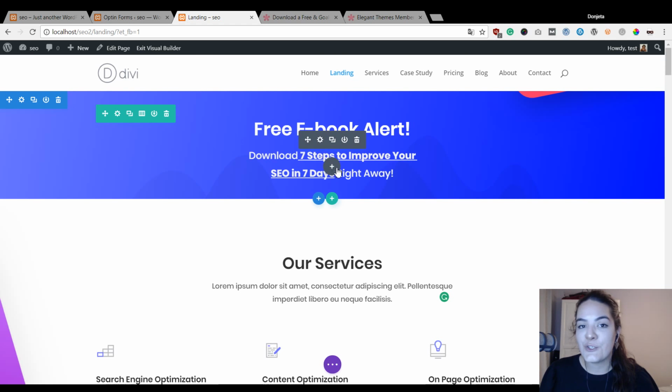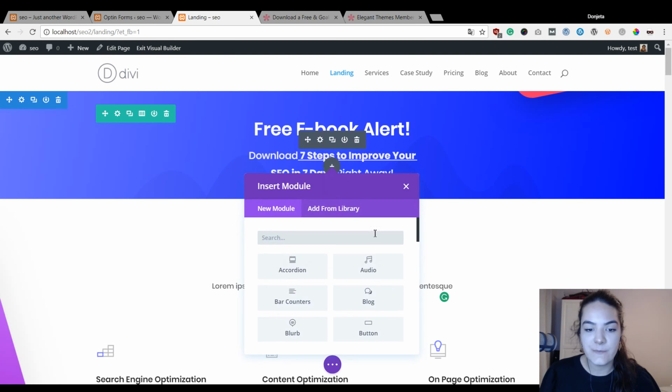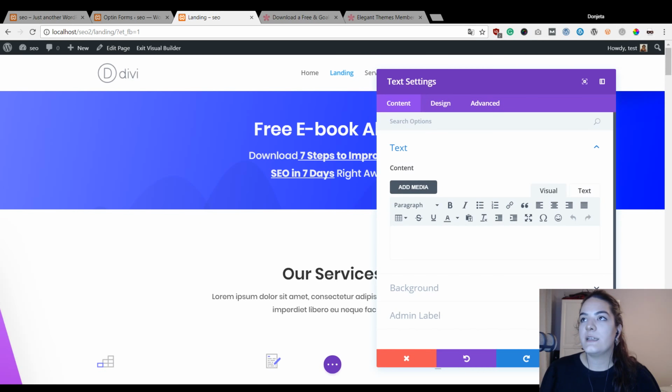So yeah, if you're just joining us, we're just showing you how to add an ebook opt-in form with an immediate download afterwards. So once somebody fills in the opt-in form, they will immediately get a button where they can click and get all of the content material that you're sharing with them. So the next thing I'm going to do is add a new text module over here. All right, and before I make any changes to that,